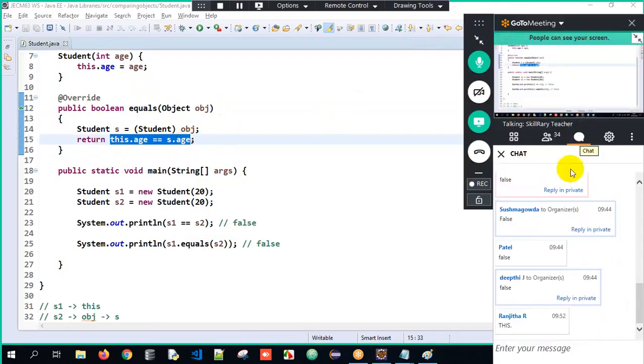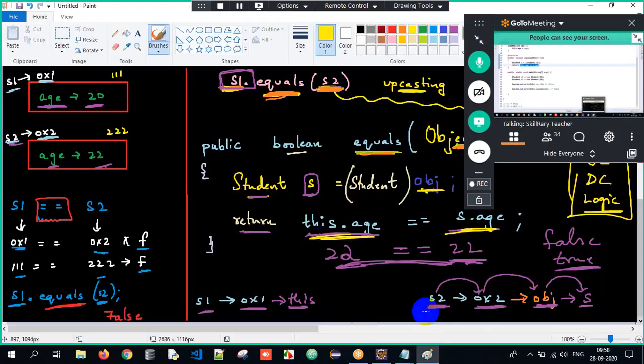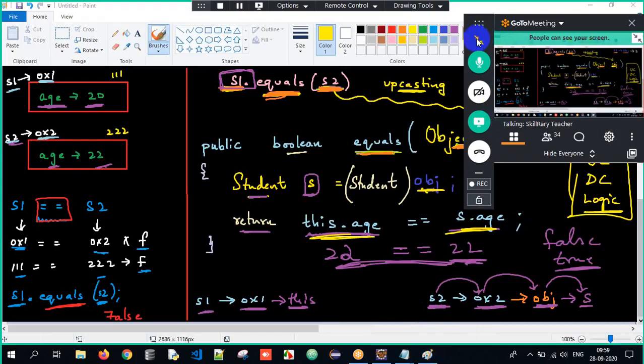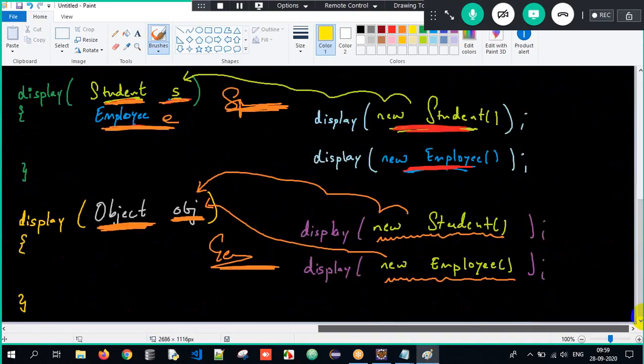This is how we are supposed to understand the content here. Got it? First step, upcasting. Second step, downcasting. And then compare the content. Got it? This is all about the entire process. It's just how well we initialize it and understand the process. Clear? It's a very, very simple topic, guys.